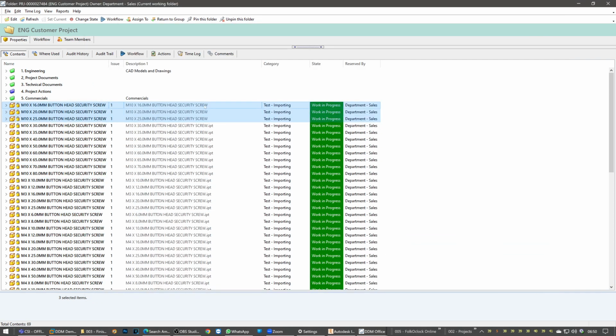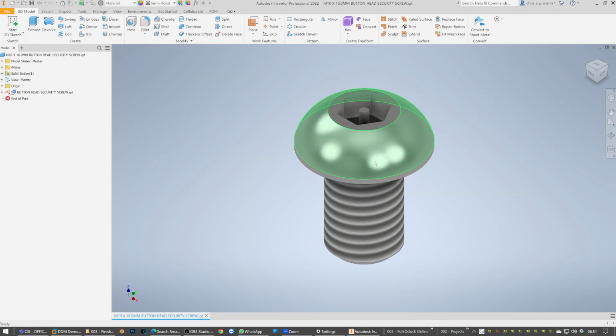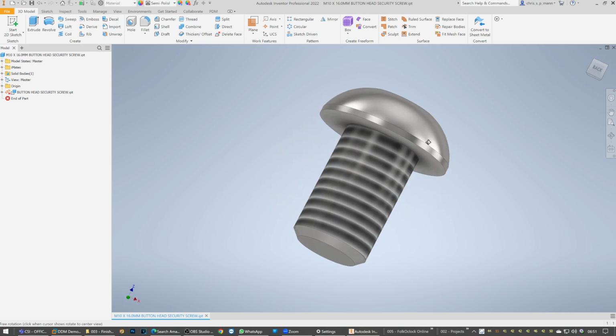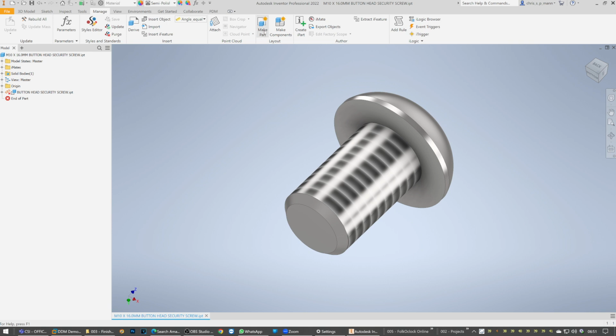Now, what I will do here is I am going to load this part, because while I was working on this, I had a look at the part after import. Everything seems to be absolutely fine. If you go to Manage iParts here,